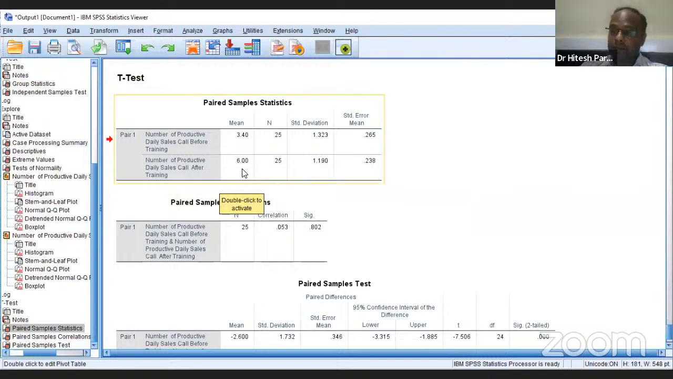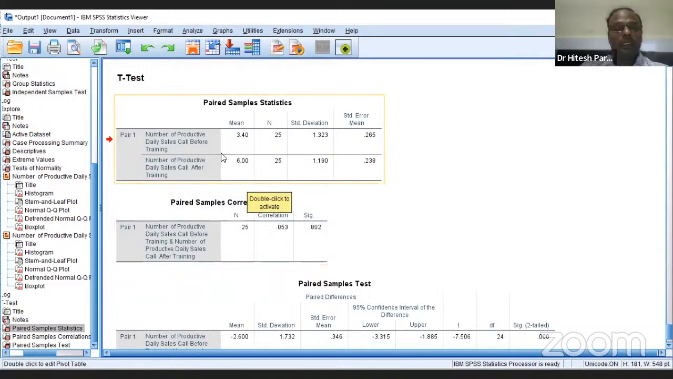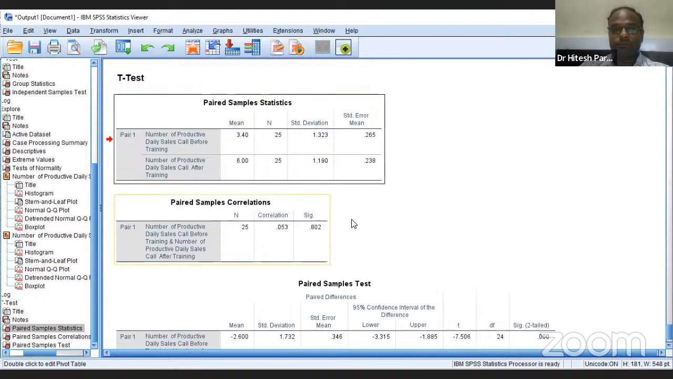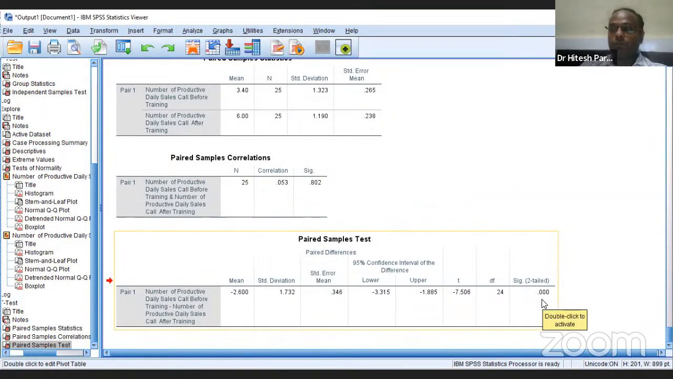But whether it is significantly improved or not, for that we require a p-value. With respect to the mean value, yes, it looks like from 3.40 to 6 there is an improvement. But we need to confirm through the p-value. Only and only the p-value will confirm it. Right? It is just descriptive. So for the p-value, where will we get it? Table number 3, paired sample t-test. And just observe the last column, Significance,